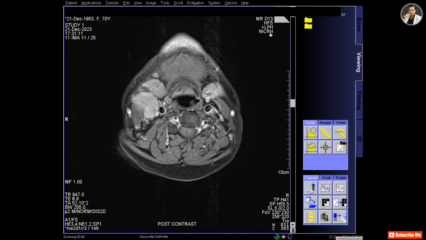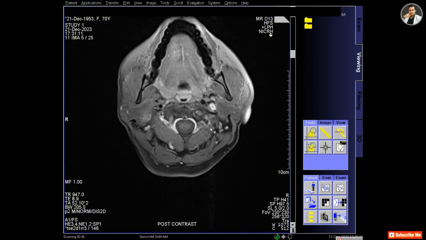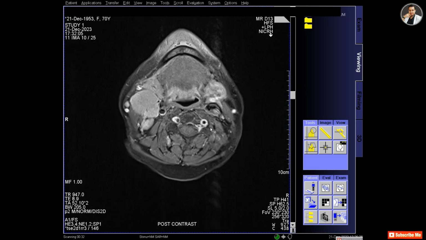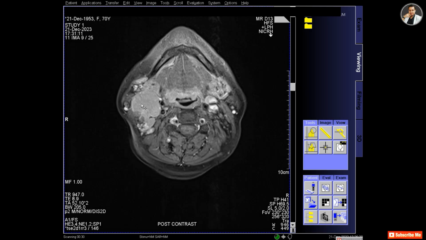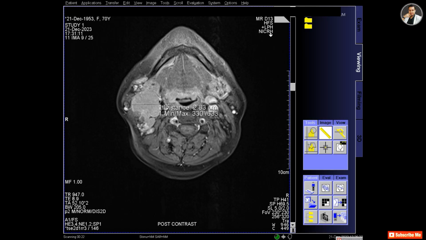So now the second post contrast image is T1 transverse fat sat, and you can see the lesion is enhanced with the contrast, and there is also a cystic part of the lesion. It could be a parotid gland tumor or a lymph node tumor.